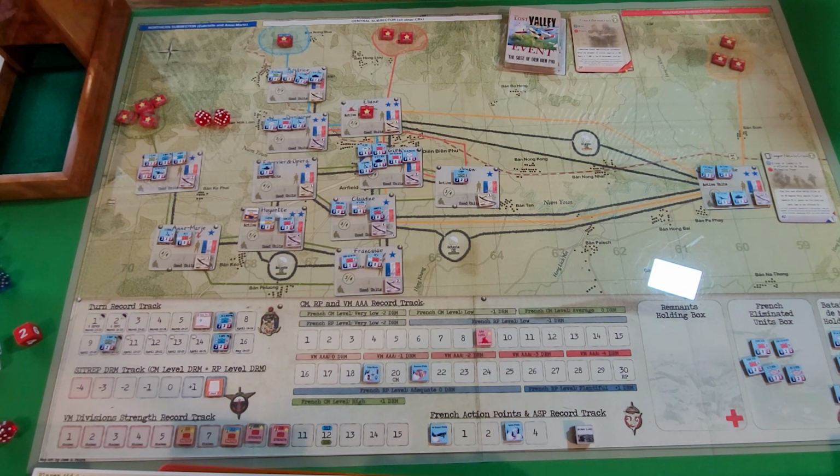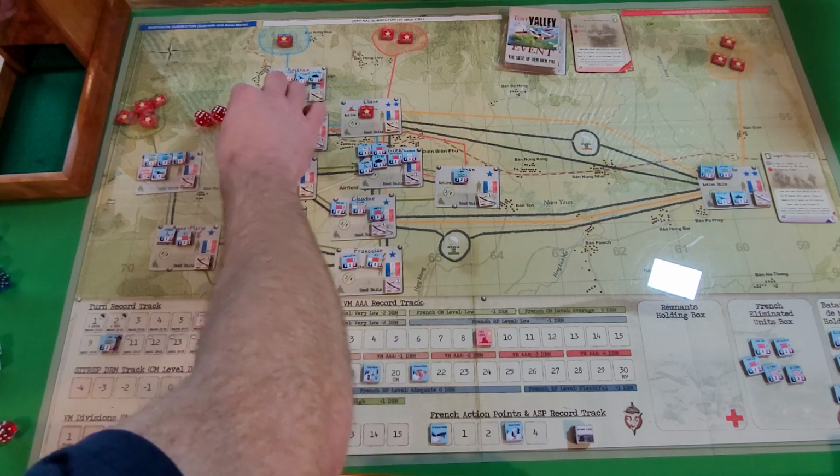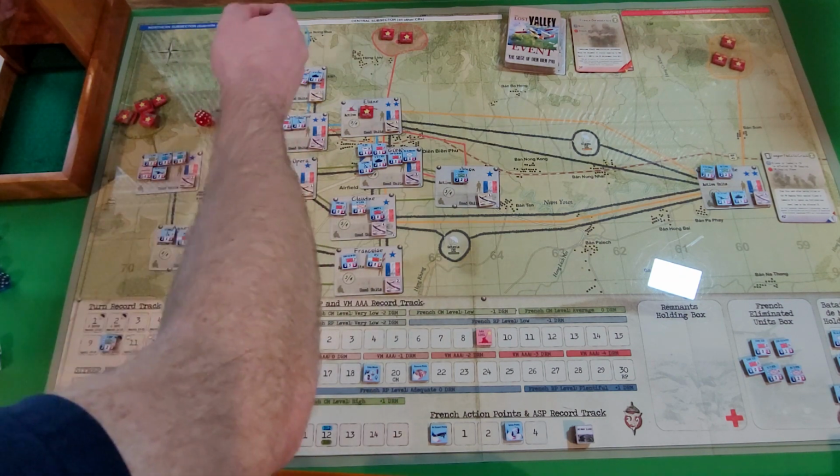+1 for each ASP. We did not. Add the defense DRM of supporting units. We don't have any. Add the fortification, so we're going to do 2. So that'll bring this up to 13. That's fortification. Then we're not encircled. Subtract the strength of the Viet Minh division, and so this is 308, which is 9. So we're going to have to take 9. So this is